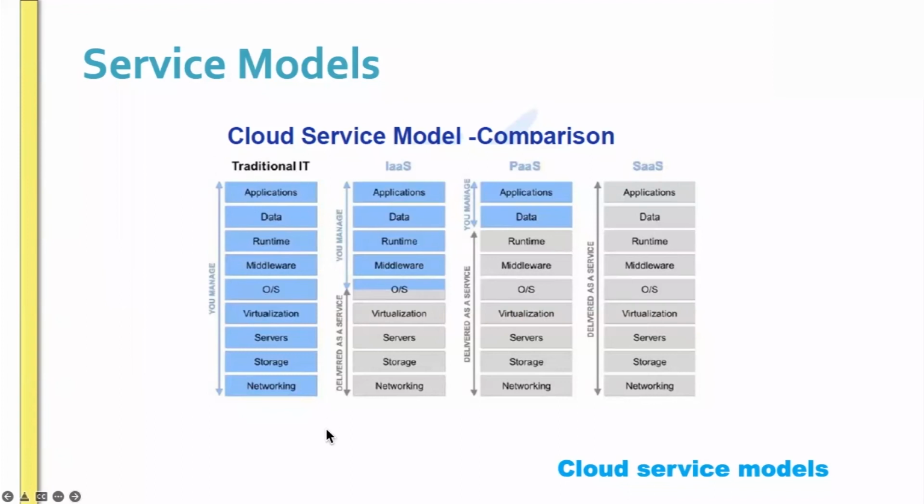This is how, in traditional IT, if you're hosting an application, these are all the things you have to do. Everything is managed by you, from the basic networking to the data center, by your administrator, your organization itself. When it comes to cloud, we already know we are not managing that.